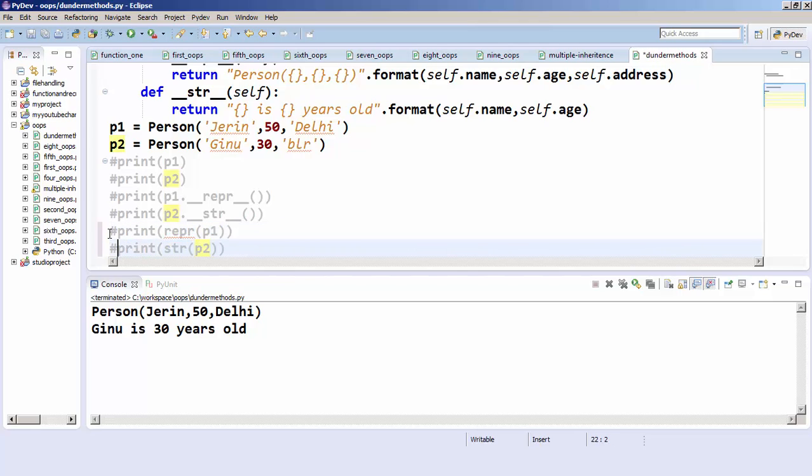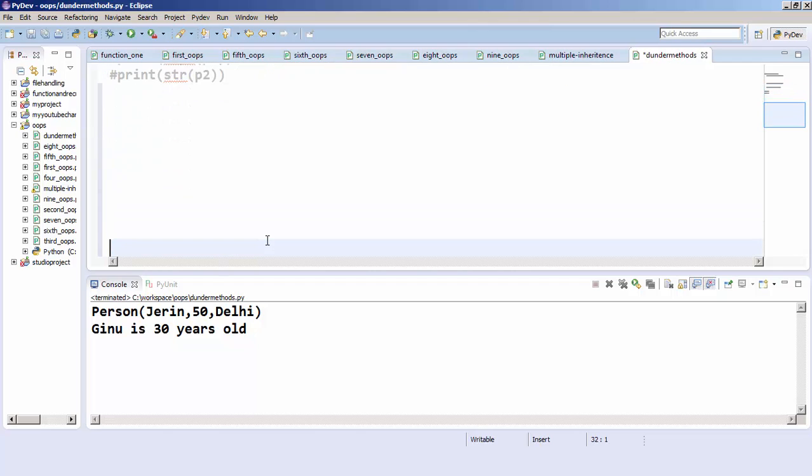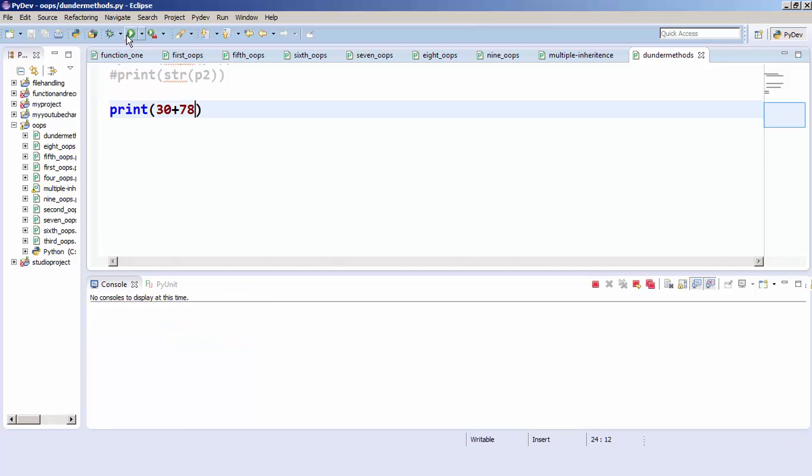So let's move deeper into Dunder methods. I will write a very simple statement, and you will know the output of that statement. Let's say I want to print 30 plus 78. So what will be the output? The output is 108. So what exactly is going on in the background is it will call a Dunder method